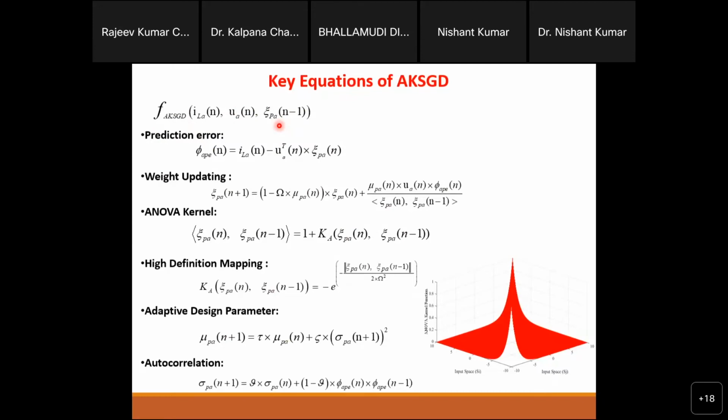So through this way, what is this? First of all, this one, U, I will discuss that. What is U? U is a unit template, which means, as I told in the initial slides, grid synchronization is also very important here, and most of the time you will see the grid synchronization is based on the PLL. Generally people use PLL, phase lock loop, for those things.